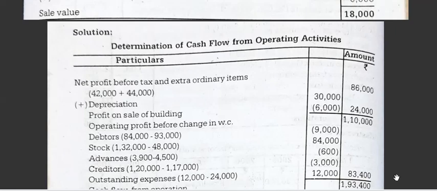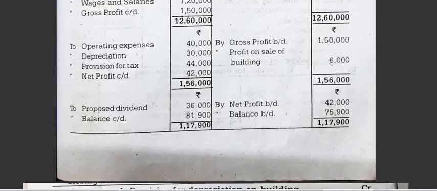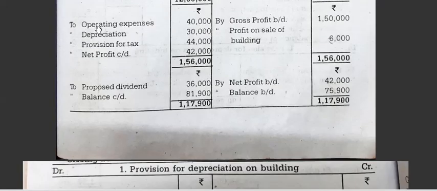Now all the assets and liabilities you have to take here. Okay, all the assets and liabilities, because there is no other thing. Say profit, you have taken net profit, right? Before that you have operating, which will not, depreciation and this provision tax already added, so will not come, and profit on sale of building. These two things you have taken here. It is an expenses, so you will write as it is. If it is an income, write in the bracket.